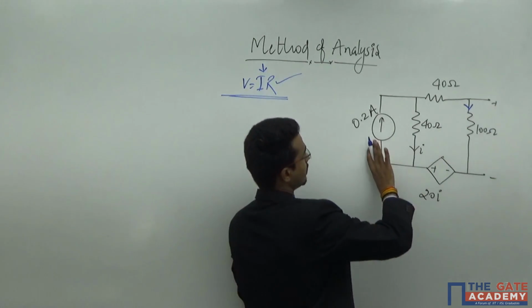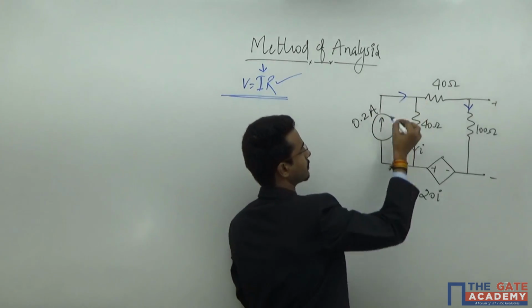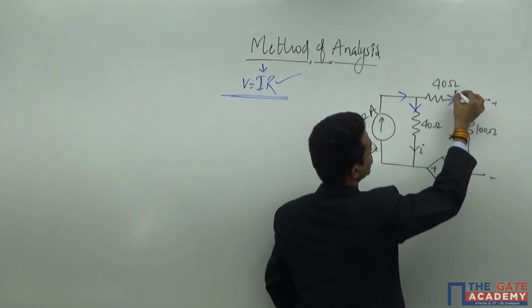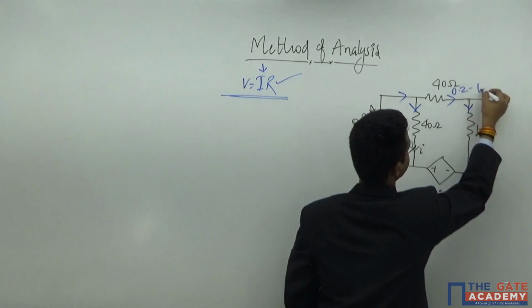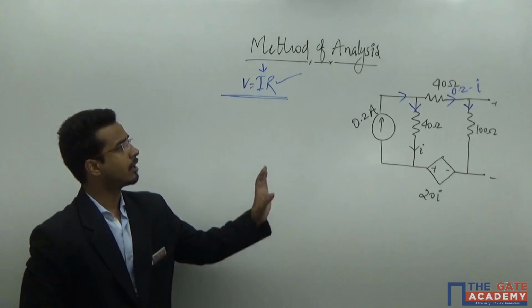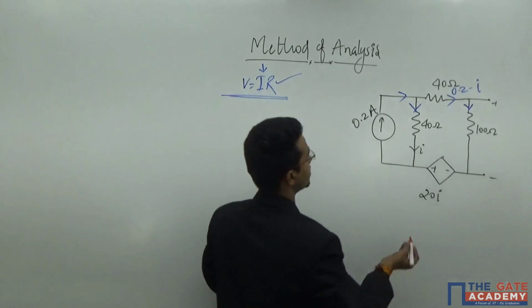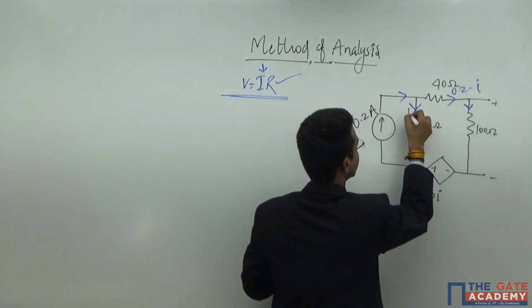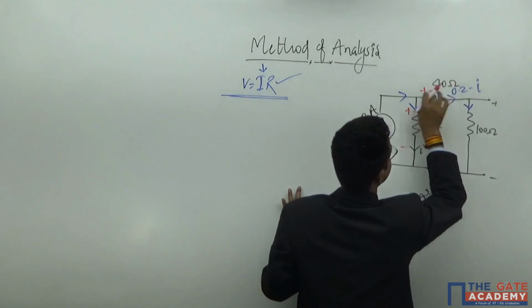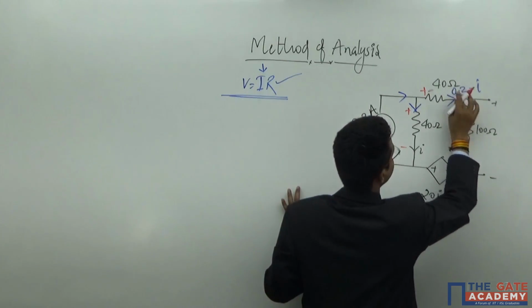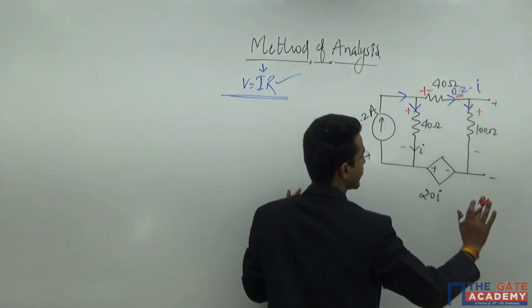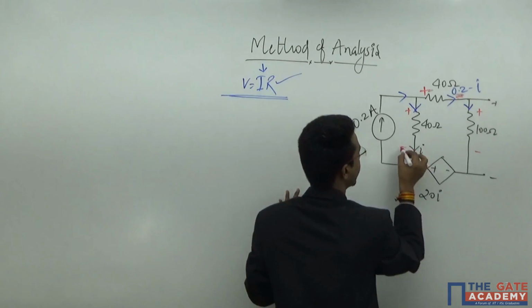Now see, the current 0.2 is coming toward the node. That means if the I current is here, what should be the current here? 0.2 minus this small i. According to this current direction, I will first assign the passive sign convention. Here the current is only I, like this, and here the current direction is this. That means the potential developed will be plus and minus, plus and minus. Here for the current source we cannot define the voltage direction, here already the direction is defined.